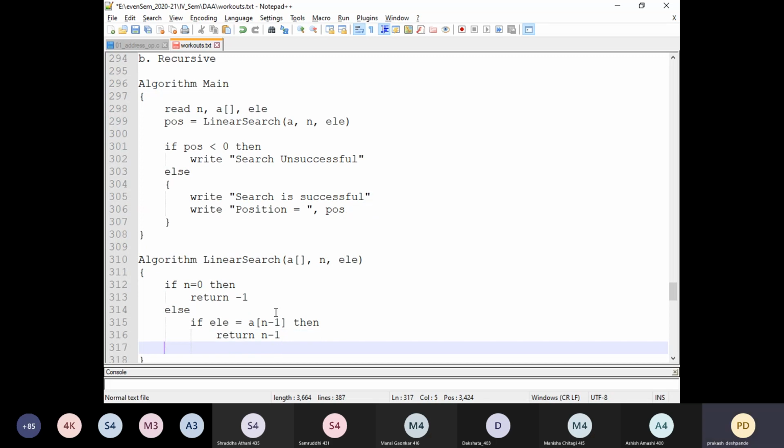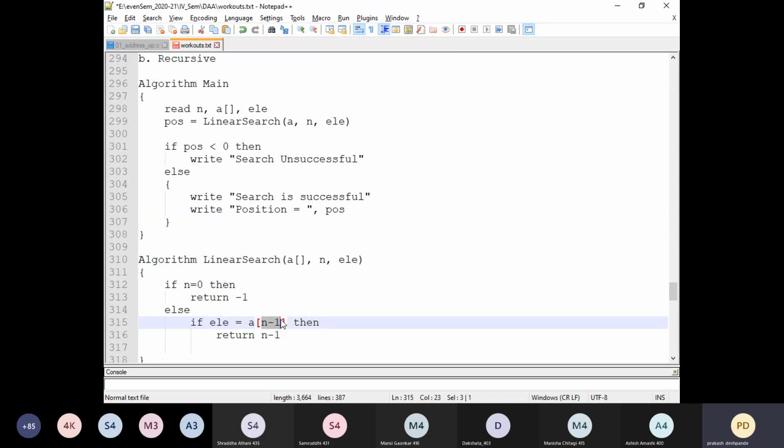If this is also not the case, then what do we need to do? Let us understand this condition here. The first one is understood. The next is else. That means assume there are certain elements in the array, it is not empty. Then what are we trying to do here? We know the element which we need to search for, and also we know the index value of the last element.